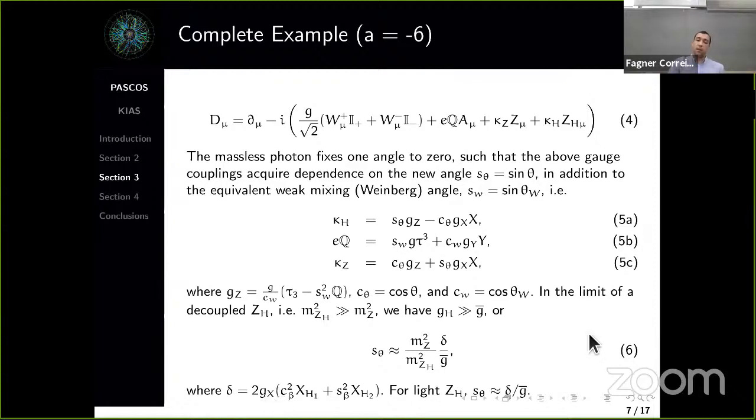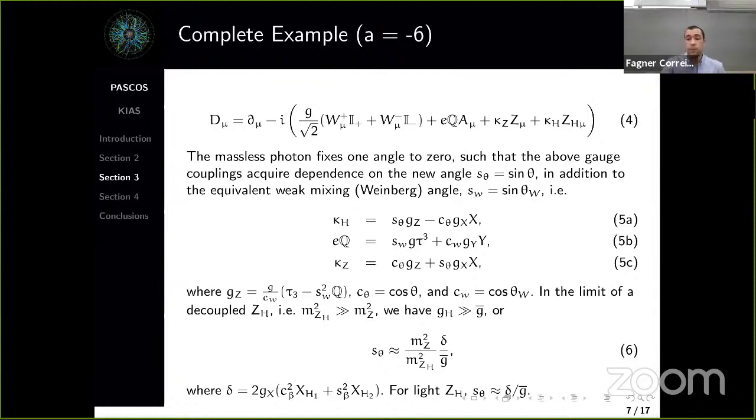That means that essentially we cannot neglect the contributions from the mass mixing, even though the theory is leptophobic,